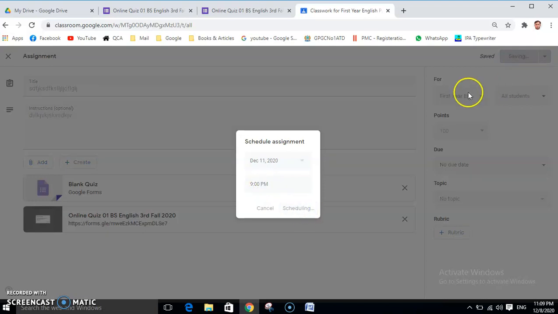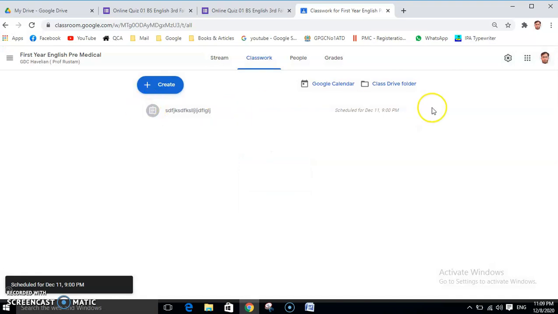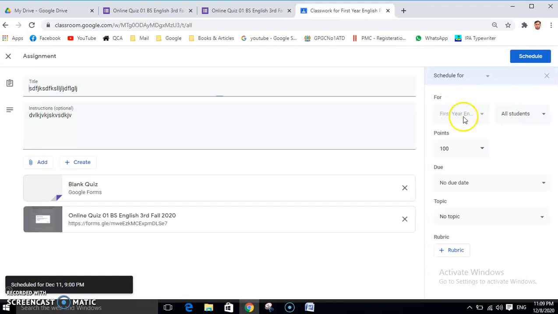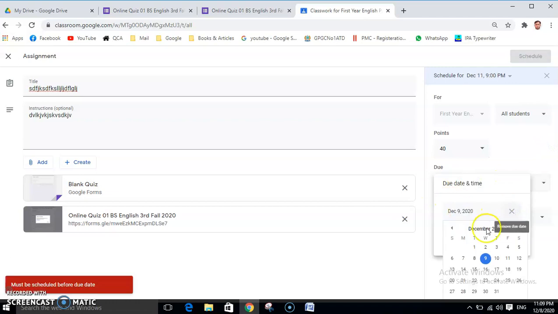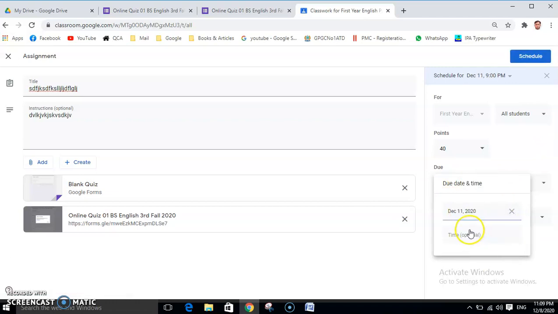Now let me edit it first because I could not give points. Let's say there are 40 points total for first year students. Due date, that is just now we mentioned 11 December. Time is, let's say, 9:40 p.m. So one is the start time and one is the end time.